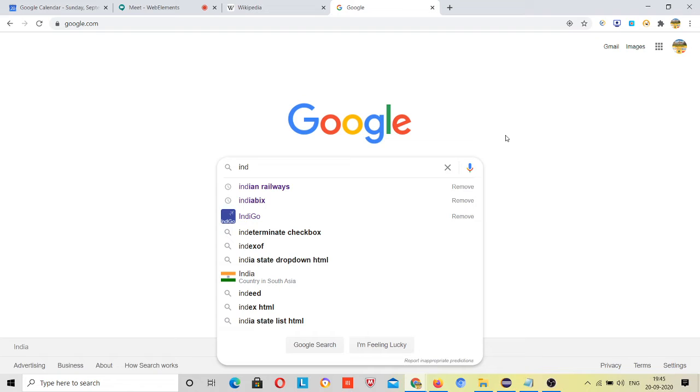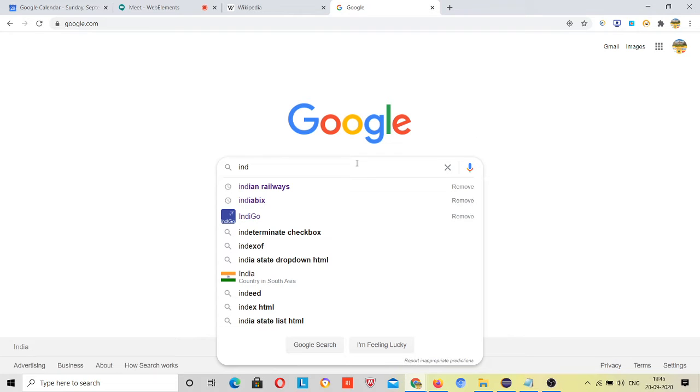Suppose I say go to google.com, this is your test case, search for IND, whatever results come, just grab those, then between all those results you have to click on India, right?